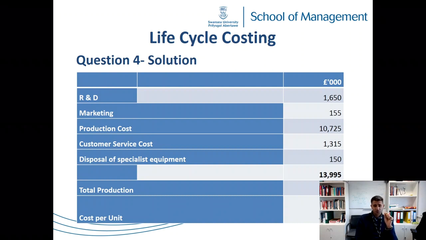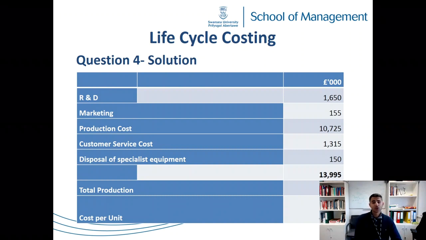And specialist disposal, 150. If you add them all together, you should find a total cost of 13,995. If you divide it by the number of production units, which is 29,000 units, you find the cost per unit is